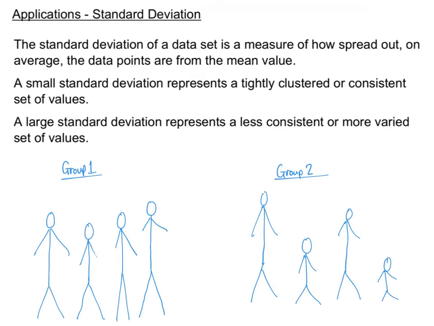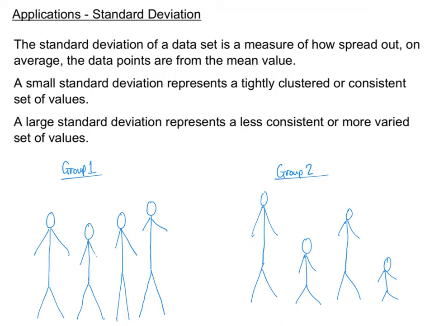So what we have is group 1, these 4 people here, and group 2, these 4 people here. Now, when you first look at this, you obviously notice a difference between group 1 and 2. Group 1, everyone seems to be of a fairly similar height, whereas group 2, the heights vary a lot more. What we're looking at when we're looking at standard deviation, say for instance I was to take the heights of these 4 people, add all those heights together and divide by 4, that would give us the mean height,